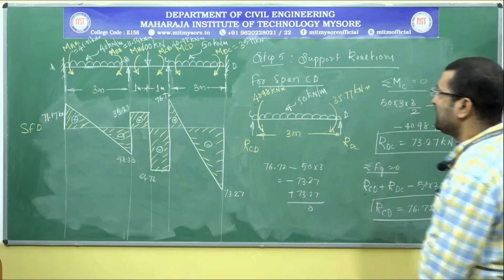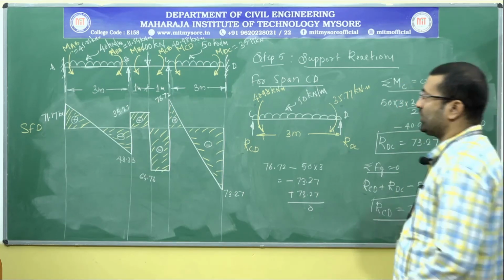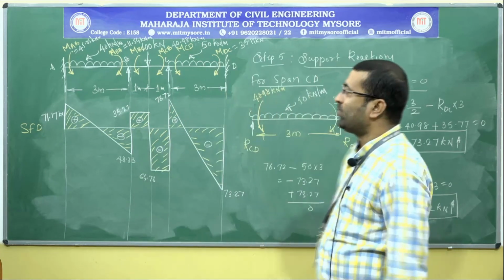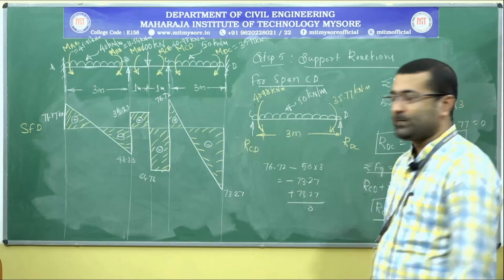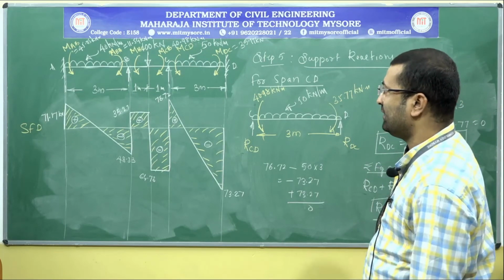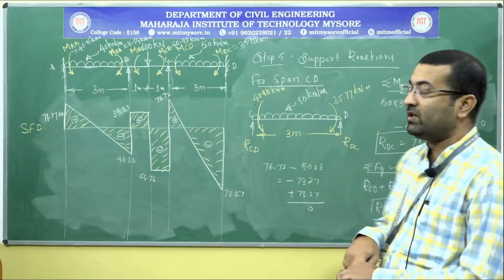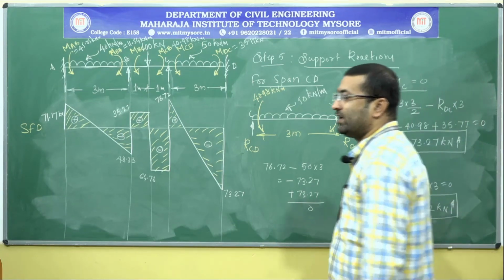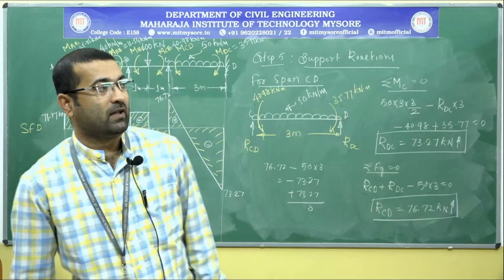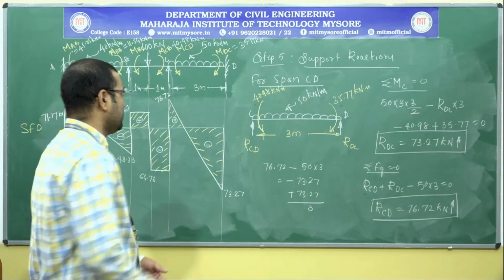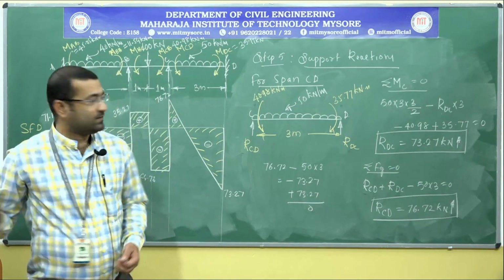Here there are two different ways of drawing the bending moment diagram. One is showing the positive and negative sides of the bending moment diagram values, that is positive bending moment and negative bending moment, and the other one is superposing the fixed end bending moment values with the free end bending moment values. That is something like this.